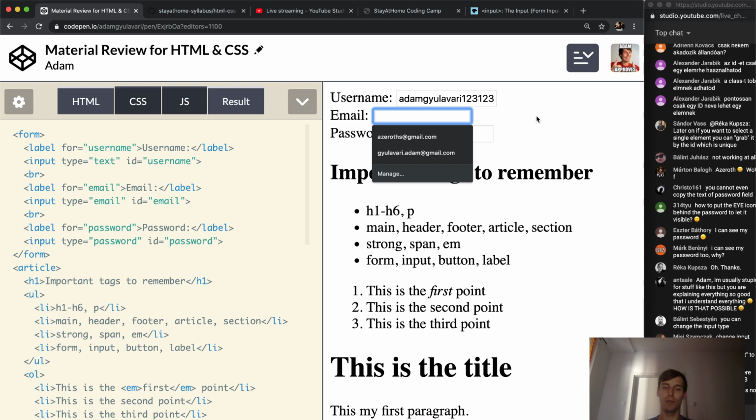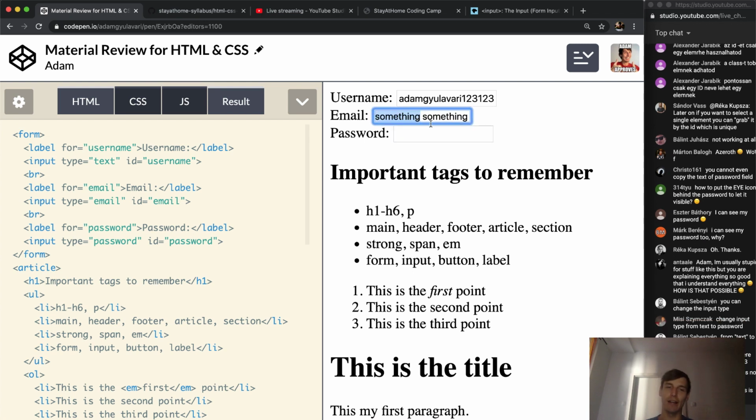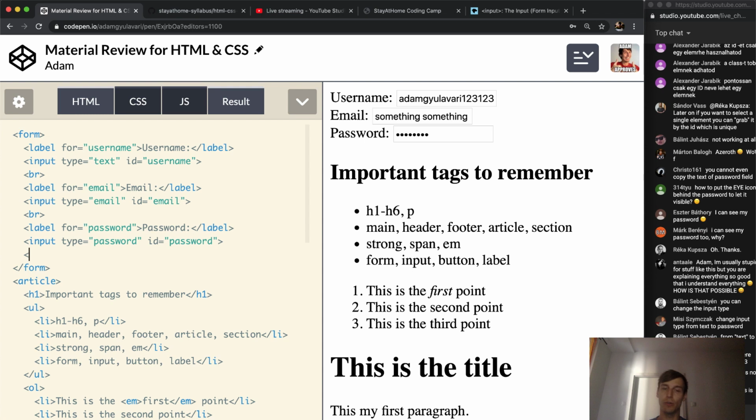So if I'm going to type here something that is not resembling an email at all, then this is going to be checked by the browser when we are trying to submit the form. But we are not trying to do that right now because we don't have any button for that. But after we create a button, we can actually check if this email thing is working right now. So the button is the last thing that you will need to use in the form,